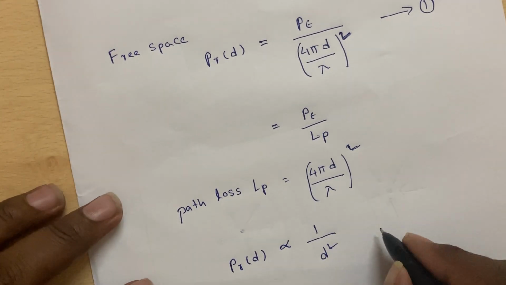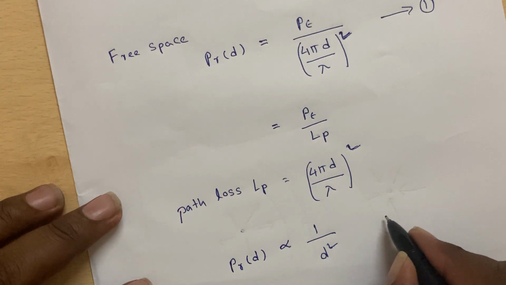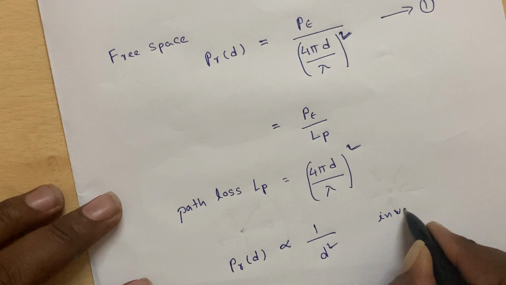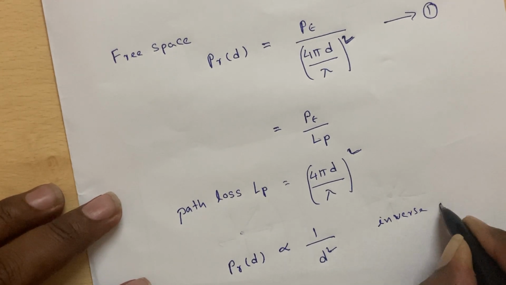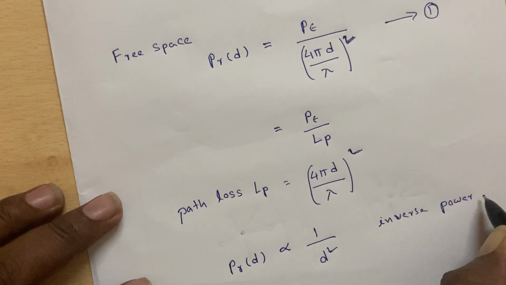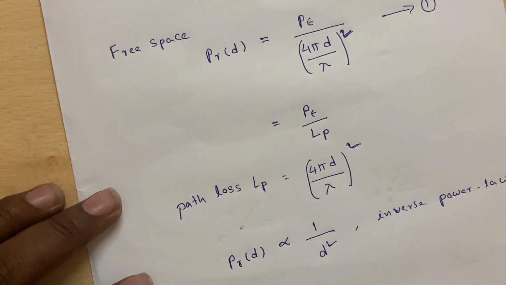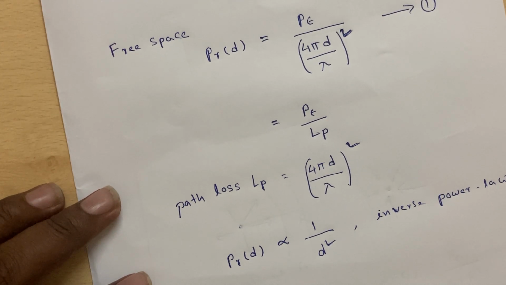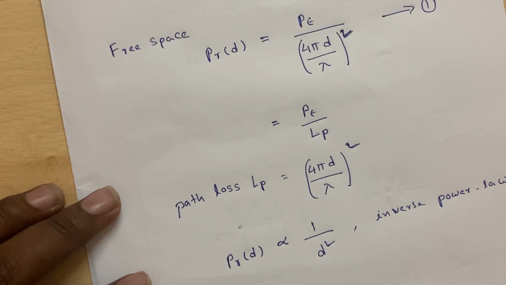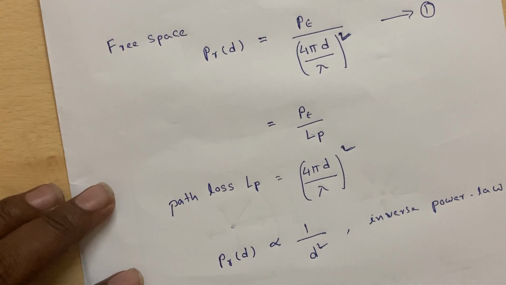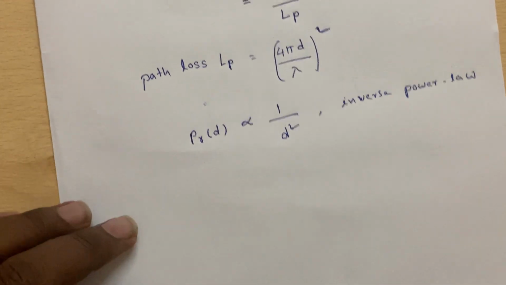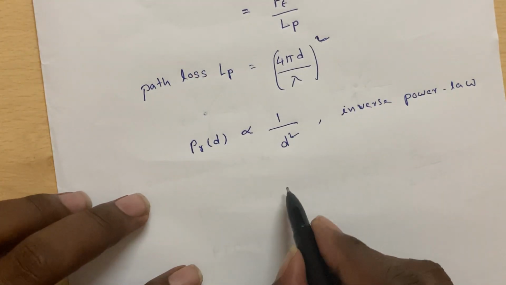So this is also called the inverse power law, meaning the received power will be decreasing with respect to the square of the distance. So if you just plot this like this,